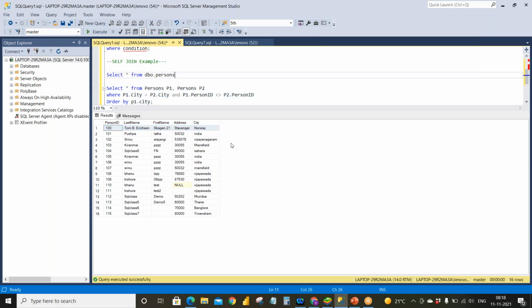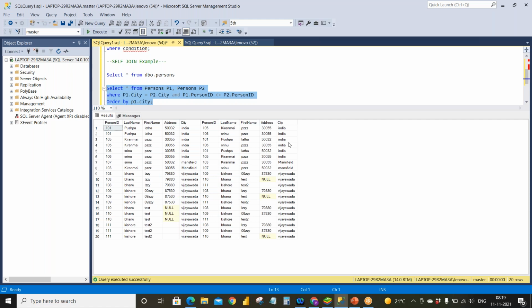What will appear is, suppose you take India: India is 101, India is 105 and India is 106. So these three data have a similar city. So we will get these three data as well. Whose city is similar, we will get all that data.